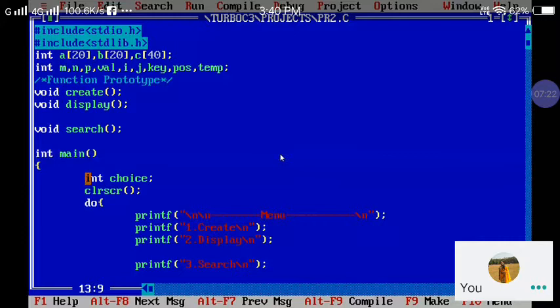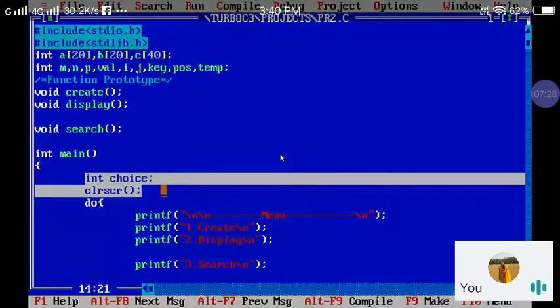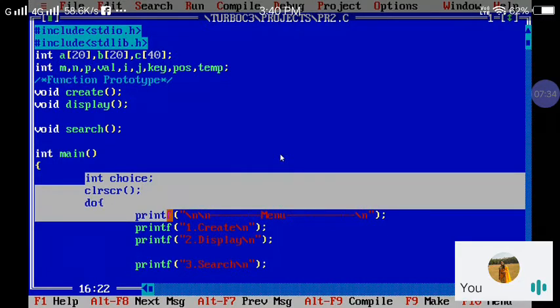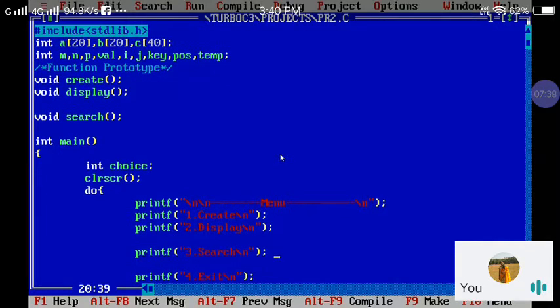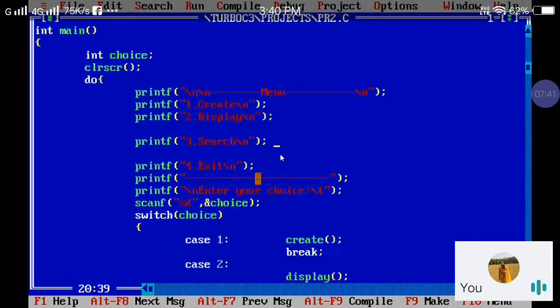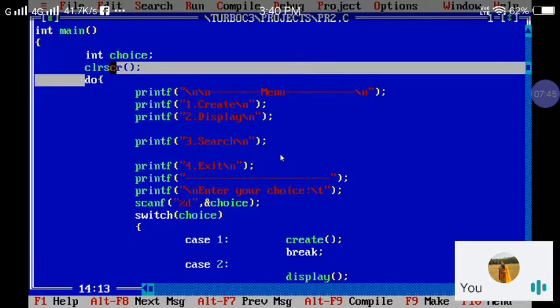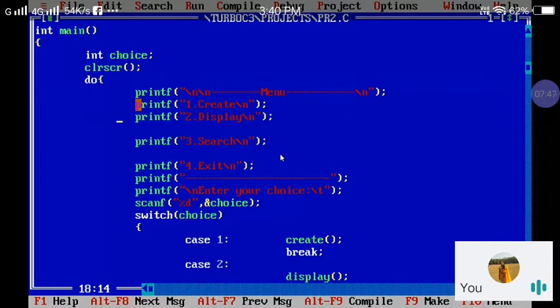After that, I am going to write a menu driven program by using switch case. CLRSCR, clear screen, is used for clearing the screen. Whatever we have written on our screen before will be cleared with the help of this function, CLRSCR. Again I use a do while loop for continuous looping.